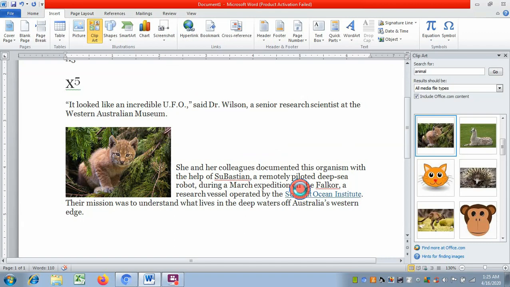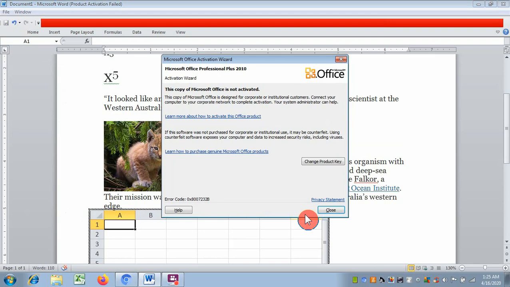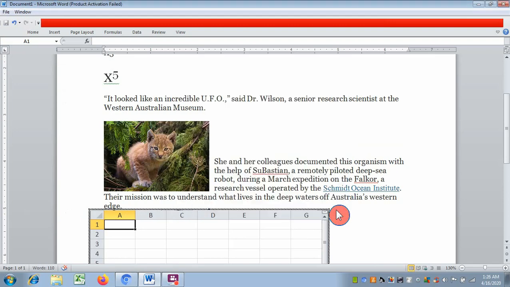Now you can see an Excel worksheet has opened over here. Now you can fill the data in the worksheet. Suppose data is like this: name, class, section.